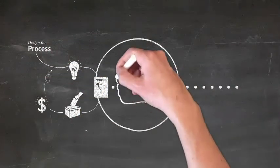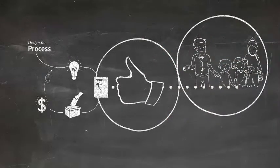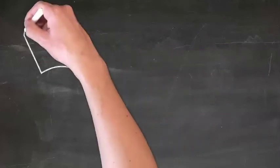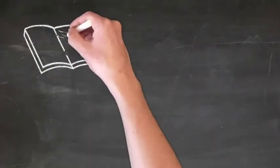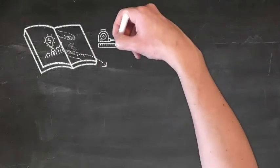In the long run, using participatory budgeting to plan home improvements is one of the best ways to bring the family together. We hope you have enjoyed learning how you can use participatory budgeting to teach financial literacy while planning